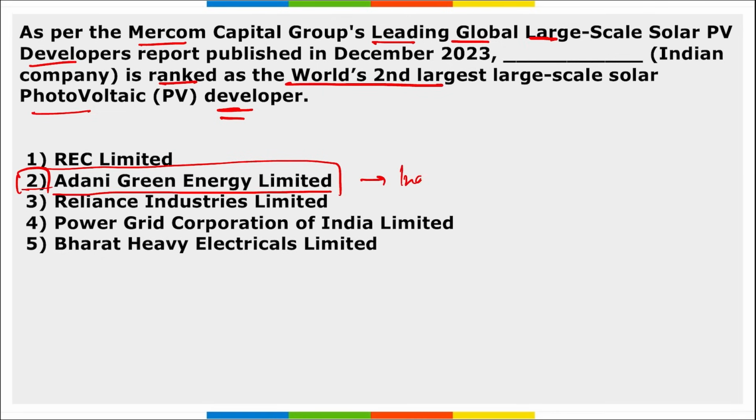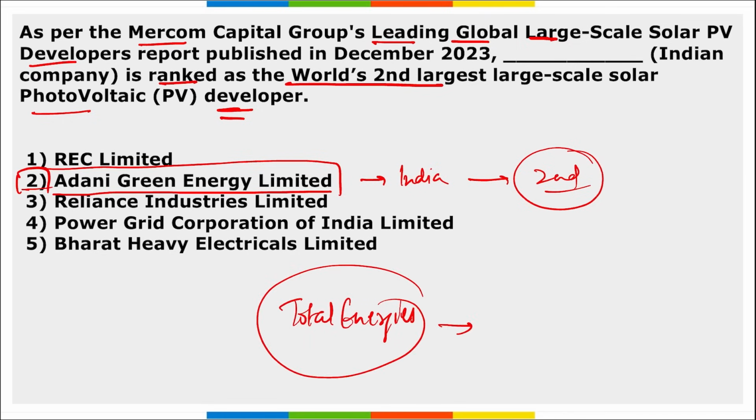This is an Indian company and this is marked as the world's second largest large scale solar photovoltaic developer. Correct? It was topped by whom? It was topped by Total Energies, right? This is a France based company with 41.3 gigawatt of solar in their portfolio projects. And for Adani Green Energy Limited, it is 18.1 gigawatts of